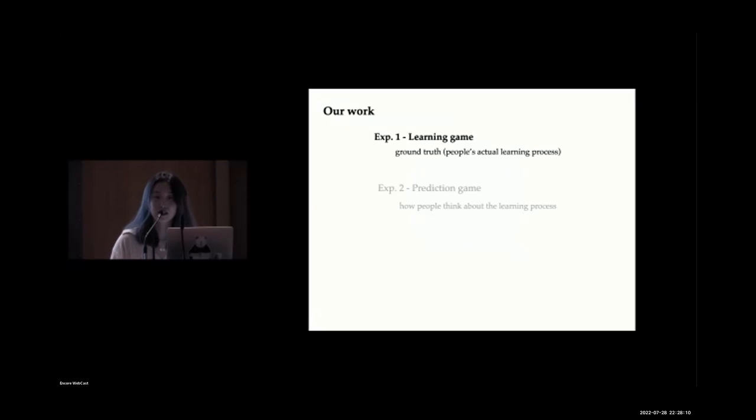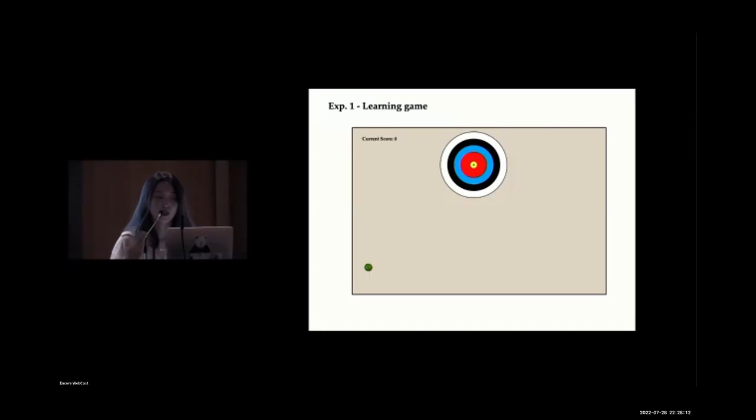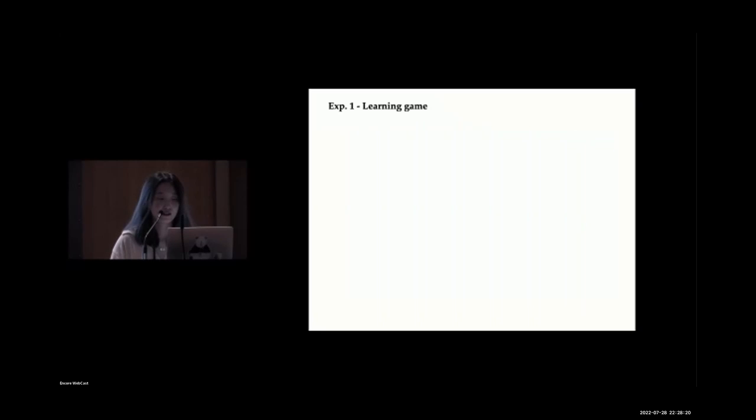So now, getting into experiment 1, where we get people's actual learning curves. Participants are asked to play 50 trials of this game. Now let's look at some data. On the x-axis here is the number of trials, and on the y-axis, the distance to center. 0 would be right at the center of the bullseye, and 600 would be somewhere way off the target board. What I'm about to show you is the individual level and average level learning curves.